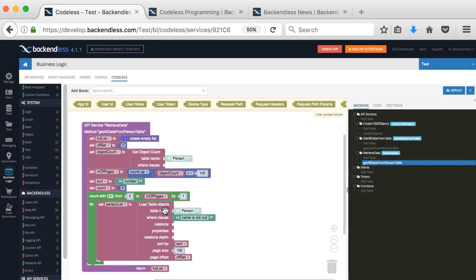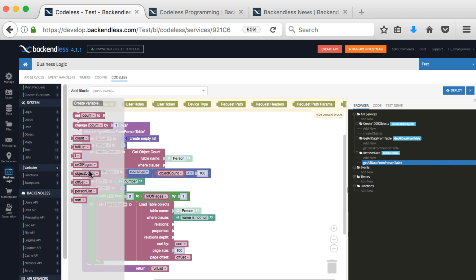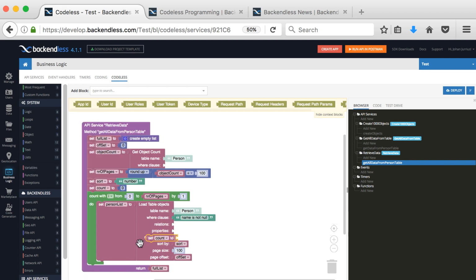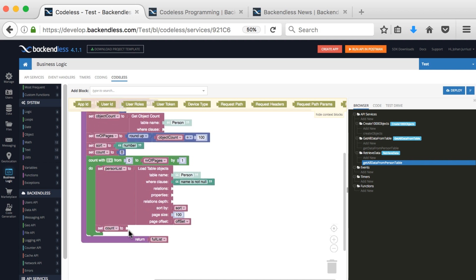Okay, so this load table objects will go to the person table. We'll get all the objects where the name is not null, which is basically all of them, all 350. It will sort them. The page size will be 100, and we're going to start at position 0. Then after we've got that first 100 objects, we will set the offset variable. So I'm going to go and say set there. Directly after that, still in the loop,